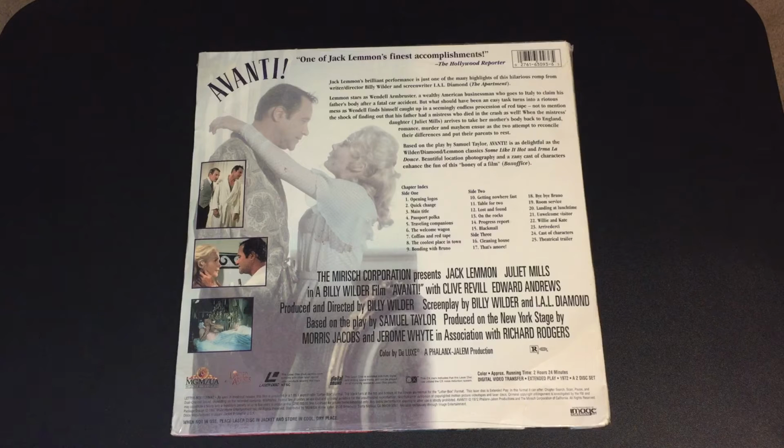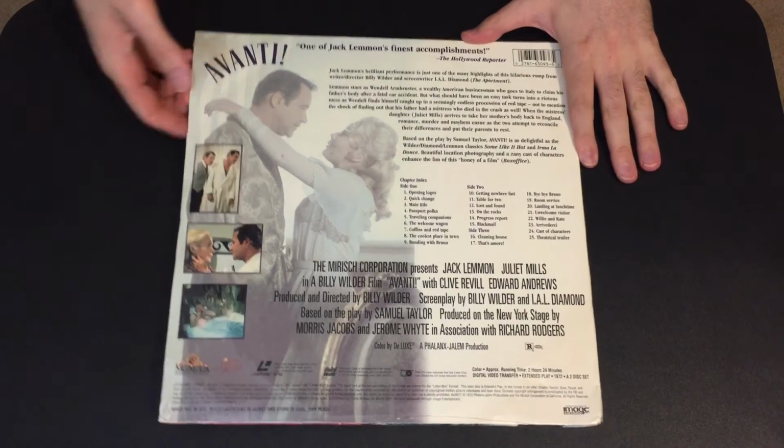Again, I think all of Wilder's films are underrated for the most part, and very few people have ever seen any of the later films. Very few people have seen the early films, of course. So I think as time goes on, Wilder becomes more and more underrated. So I always try to do my part to turn the tide on that. But yeah, this is a little gem of a picture if you've never seen it, and a really cool Laserdisc version. And last for the directors, we have,